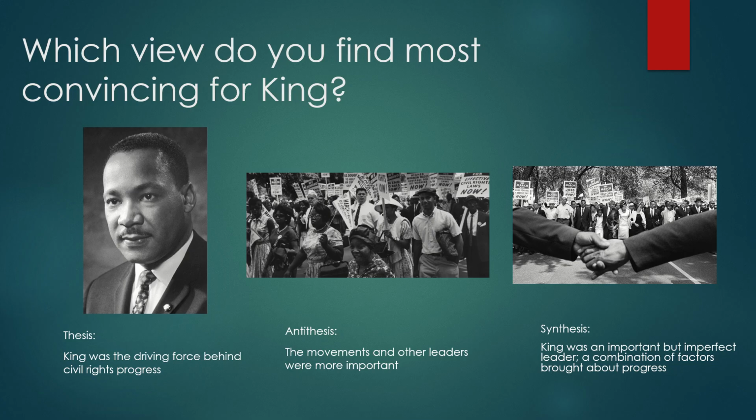Was King really the main driving force? Was it the movements or something else? Or is it a combination of factors that can be brought together to show this change, and that indeed he was not the only thing to achieve it? It was in combination with other factors that allowed it to happen. Again, it's entirely down to your judgment, as long as you back it up with some key context. And again, bringing in that criteria I mentioned that the historians do use. If you bring in those ideas, it will support what you say and strengthen your argument quite a lot.